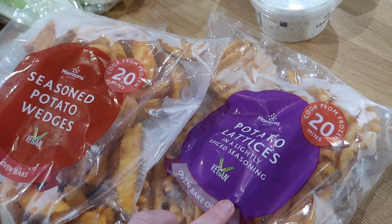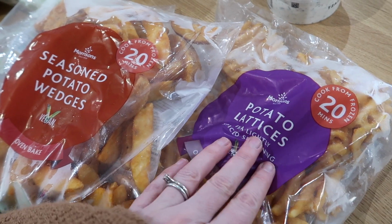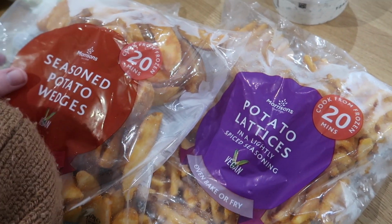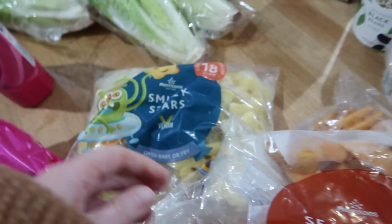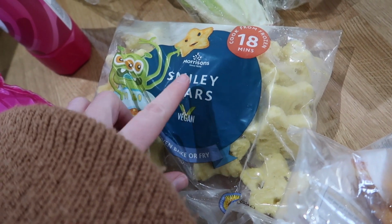Then I can't remember for the life of me adding that into my basket, so I'm not sure why I have these. I mean, they sound nice, but I've never bought them before, so I don't know why they ended up in my shopping. And these I did order, because if you've watched my grocery hauls before, you will know